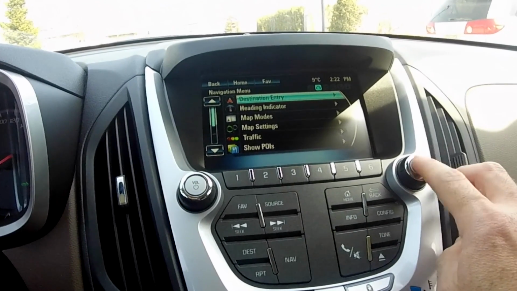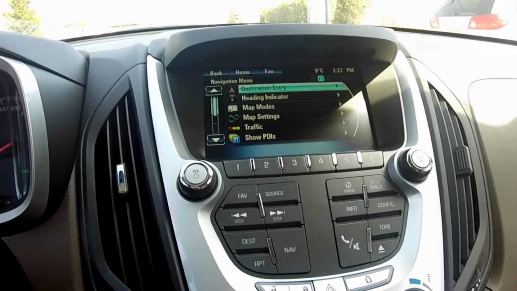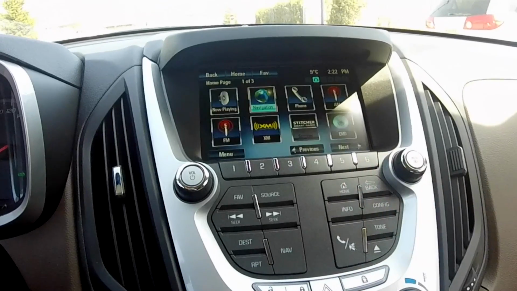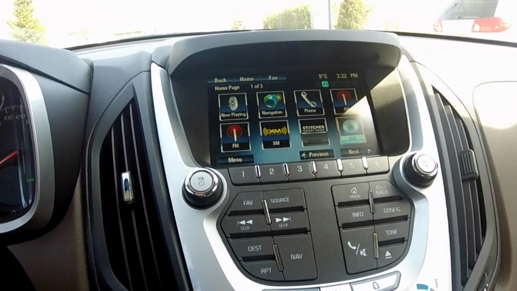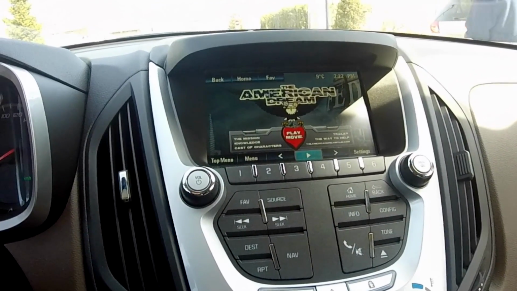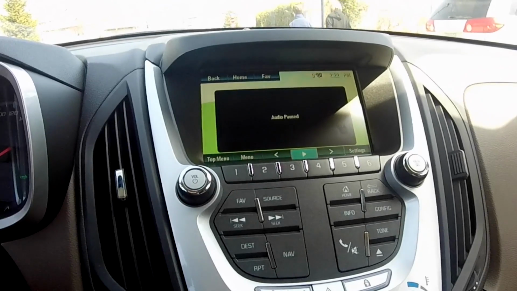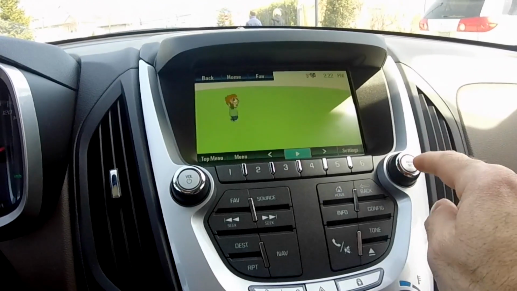So this button here seems to do the menu for the GPS, or the menu for the source. Let's see if I'm right. Let's go to the DVD, click play. So it stopped the DVD when I switched to source. If I click menu here, audio paused. So the menu here only